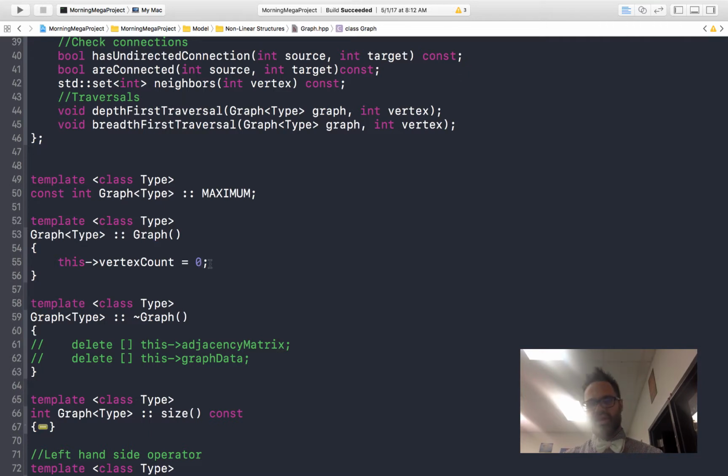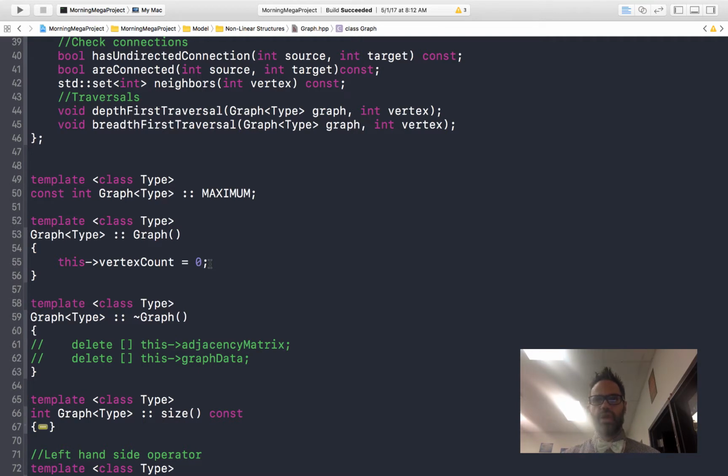Now, yes, I know that ints automatically default to 0, but we're going to initialize this just because we have that nice practice of having our constructor have its regular job of initializing data members. And then notice that inside our destructor I have commented out the delete array keyword